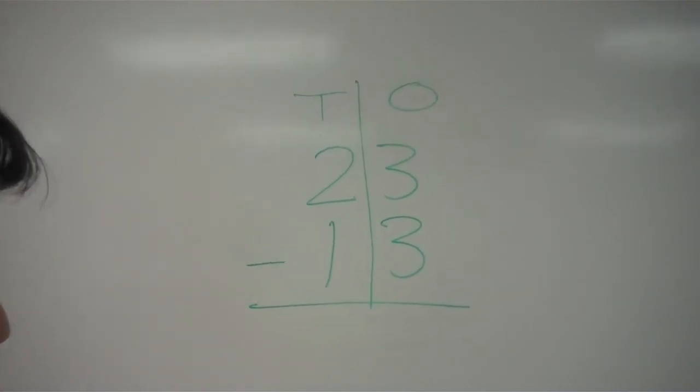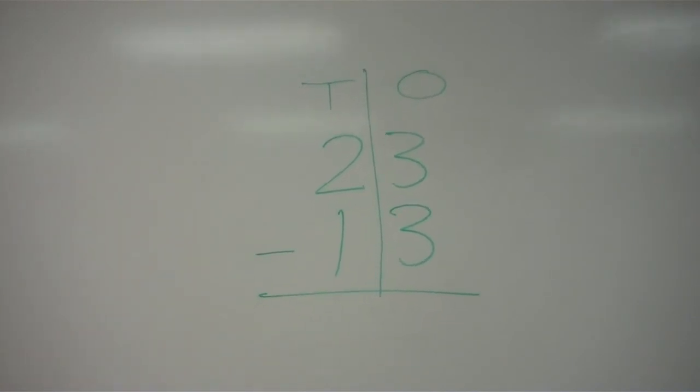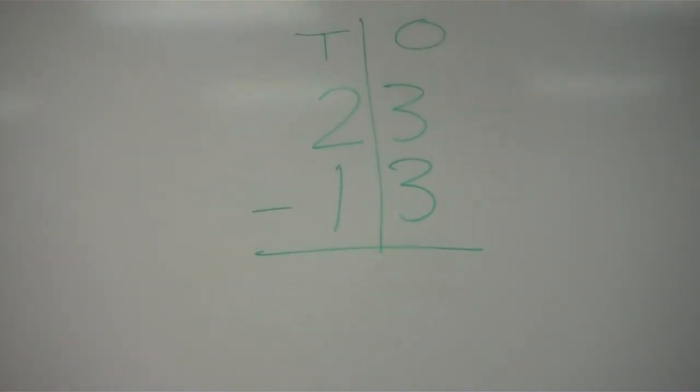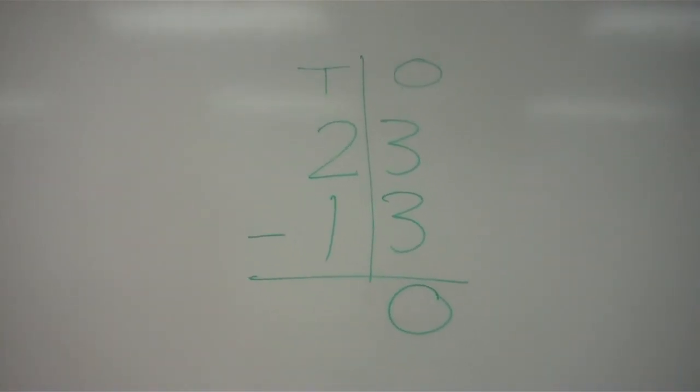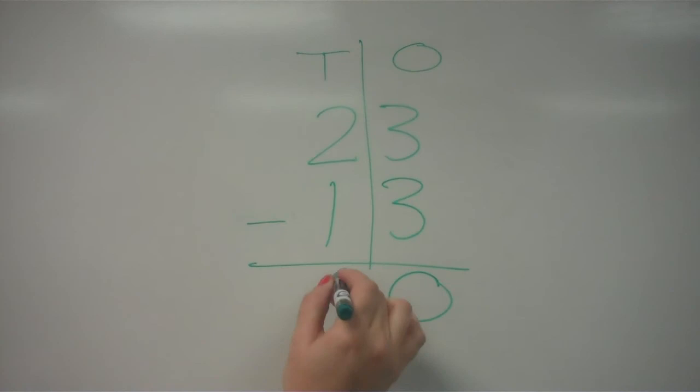Say it with me. Numbers the same, zero's the game. 3 minus 3 is 0. 2 minus 1